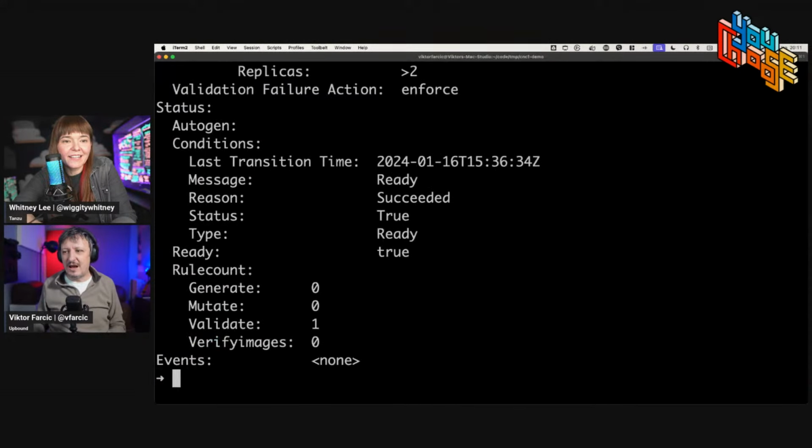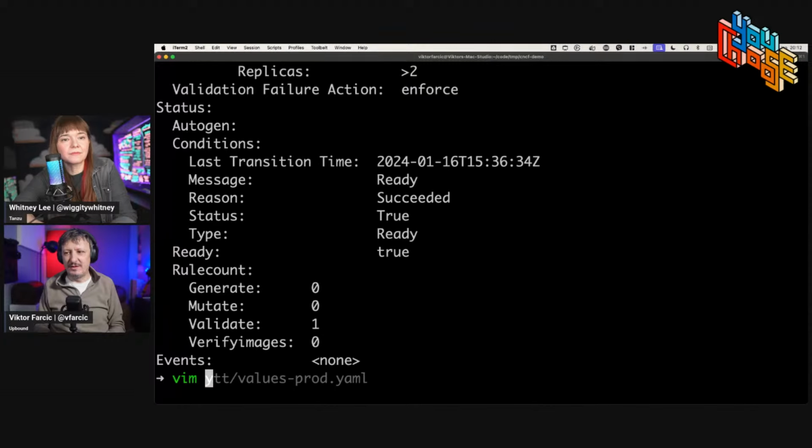Okay, we're going to ignore that. You need to trust me that before it expired, there was a message here in the events saying, hey, you cannot do that because your deployment has less than 3 replicas, right? You need to have more than 2. So let's fix that, right? And we're going to fix that by changing